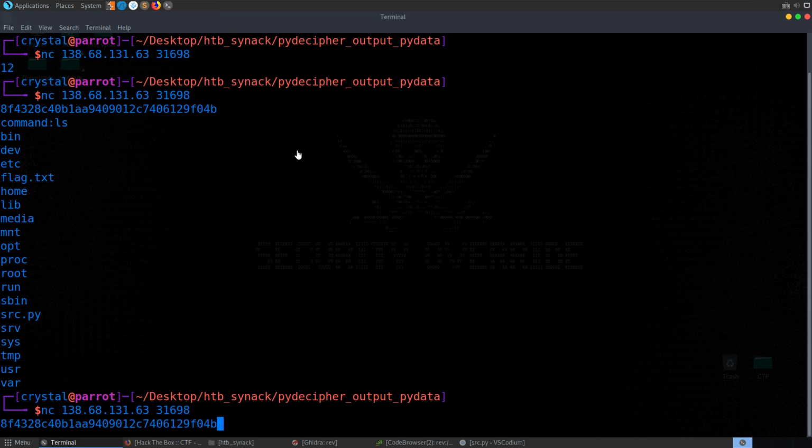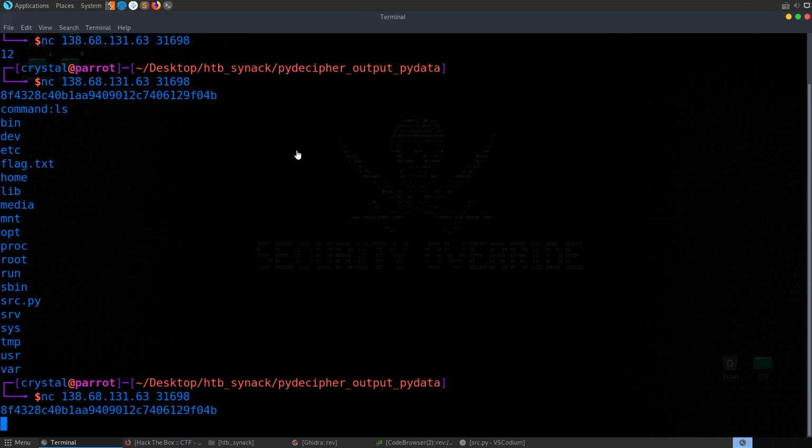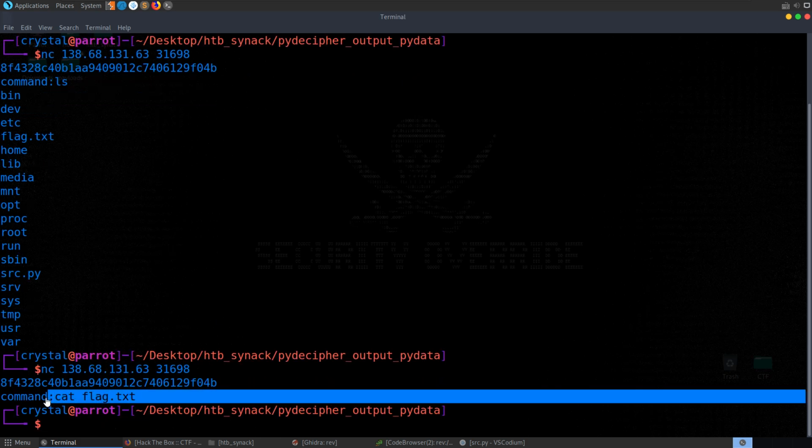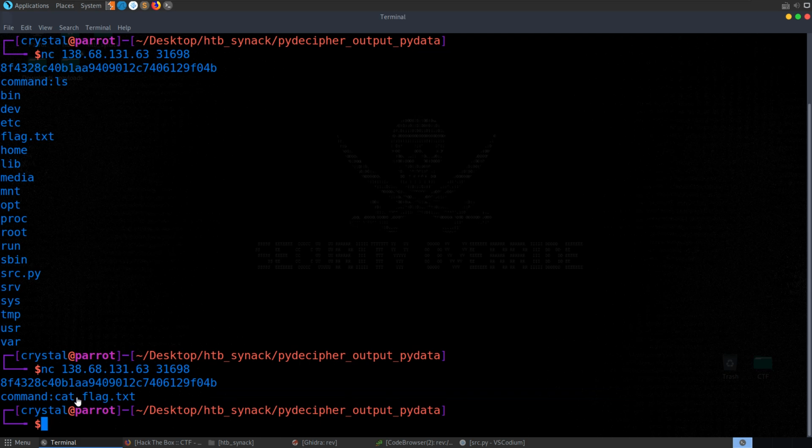But if we try that again and do command cat flag.txt, it doesn't work, and I tried doing a few different tricks to get that to work. I thought it was something to do with the space, but actually it's to do with the length. So let's create a PwnTools script to solve this,